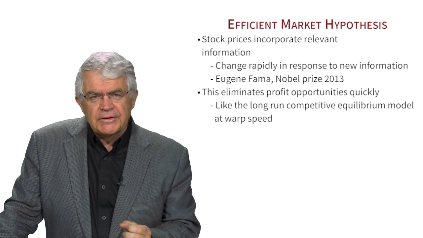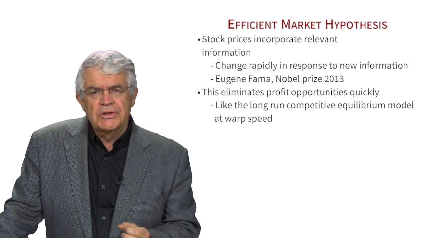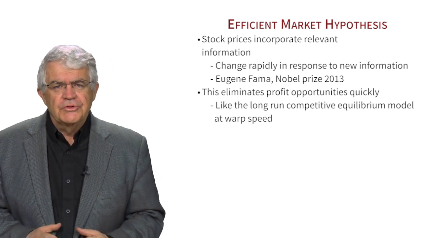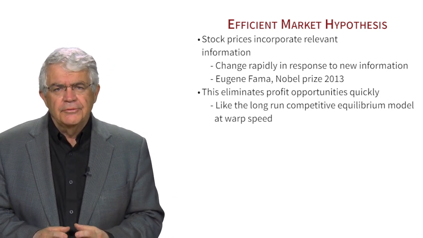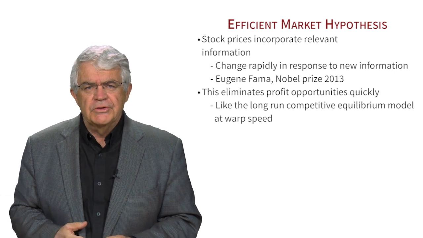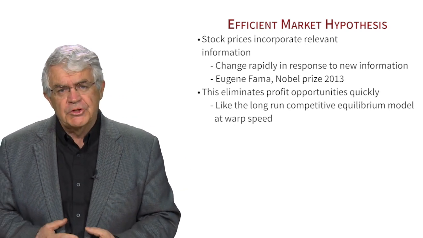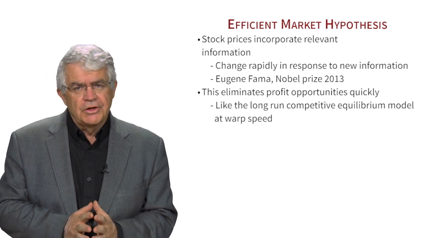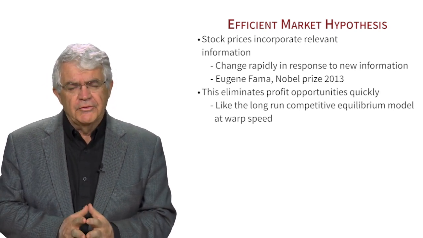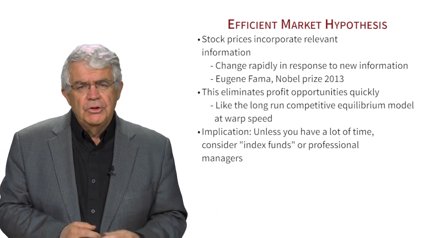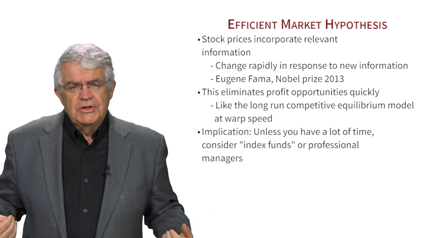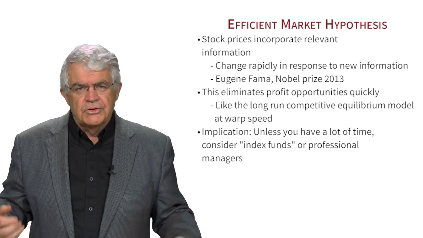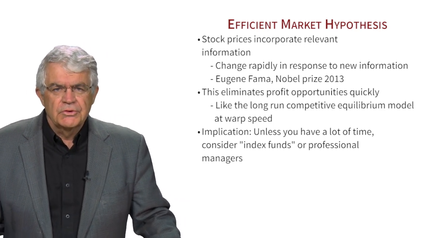It's a little bit like the long-run competitive equilibrium model we studied for businesses. In that case, we've argued that if a firm's making money, other firms will enter the business. If the firm is making, to be more specific, economic profits, other firms will enter the business and drive those economic profits down, eliminate that profit opportunity. If the firm is running losses, then firms exit the industry. That takes away from the losses, and you'll move back to zero economic profits again.